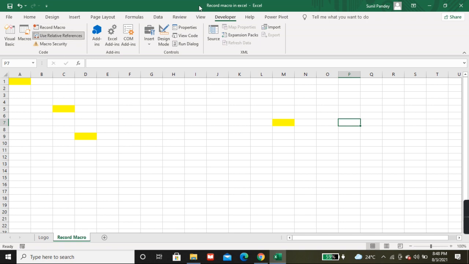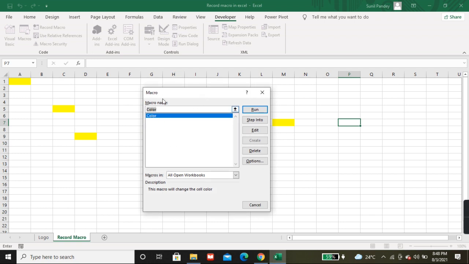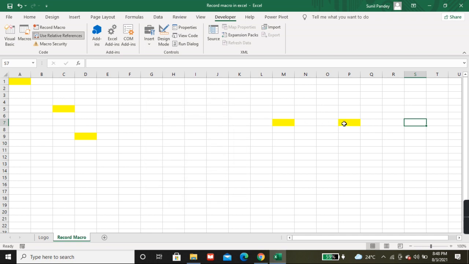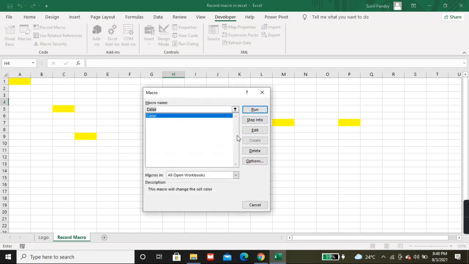Similarly, go to Developer, click on Macro, and here is the macro name, and from here you can run it. See? But if you want to see, when you click on Macro, all your macros will appear here.